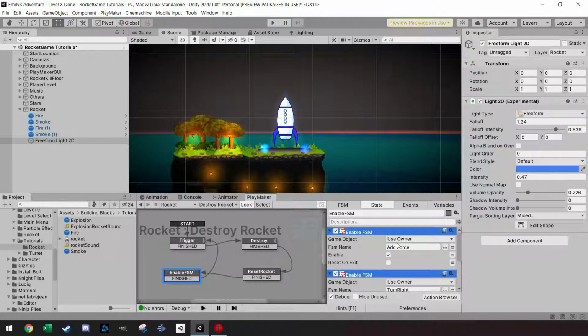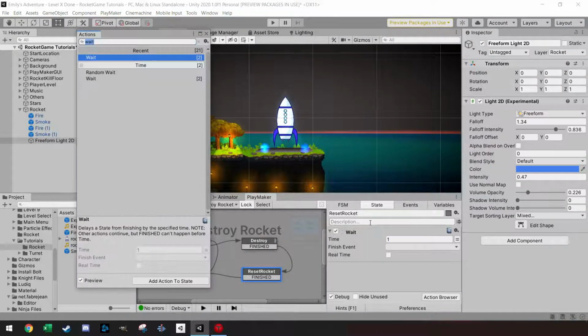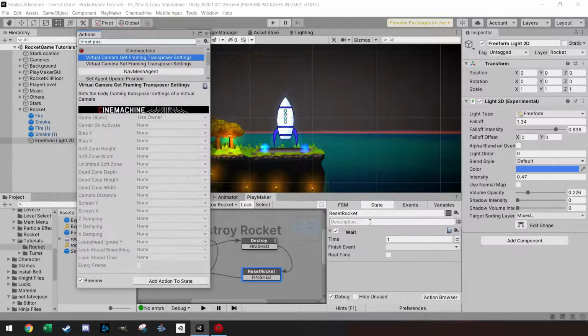So we have these 3 FSMs now add force, and we're not going to reset on exit. We just have them enabled again, and then we can also trigger again to destroy the rocket. And reset rocket is I want to put the rocket back in position in the right rotation. So what I'm going to do is set position,